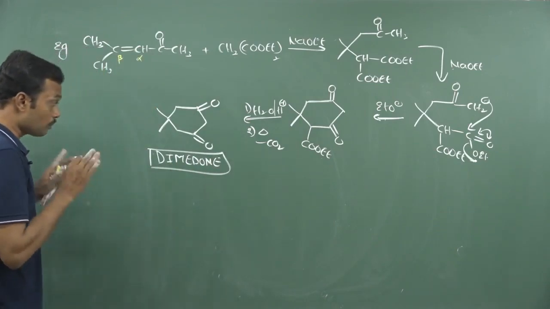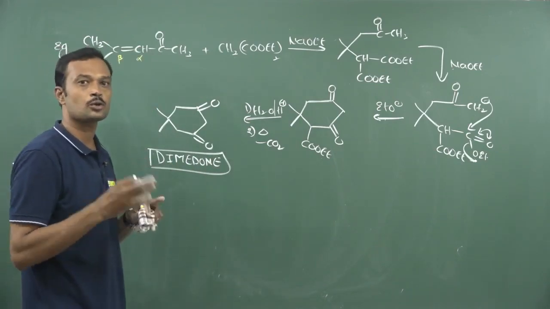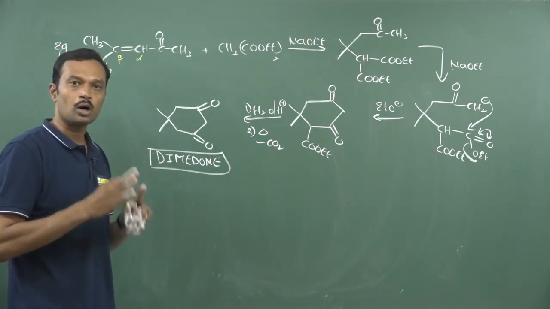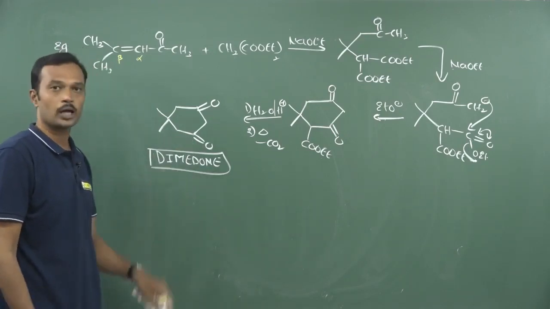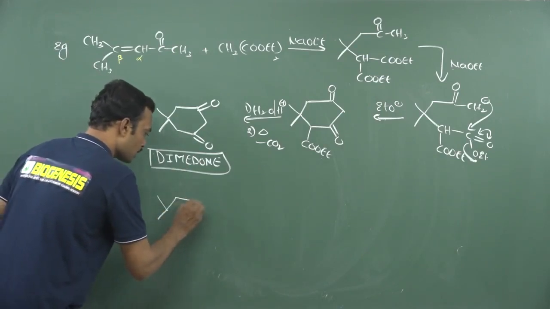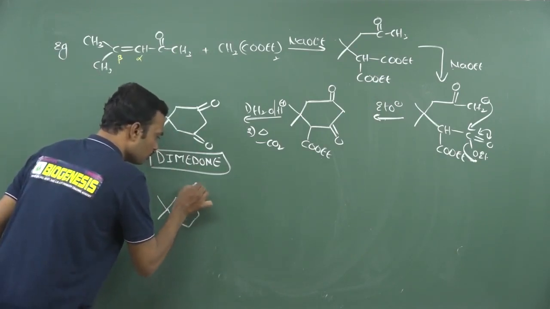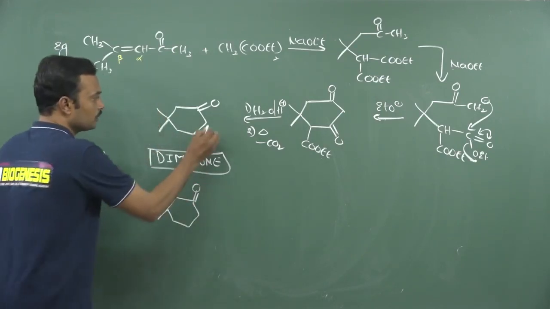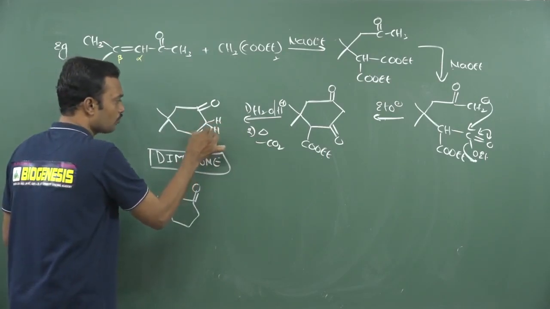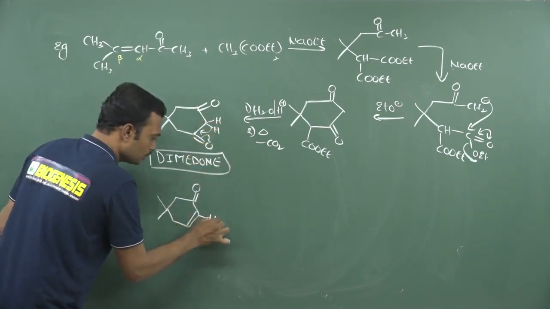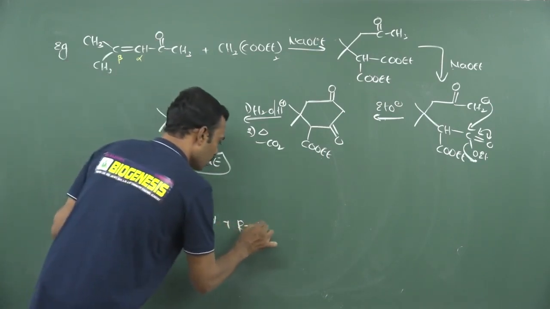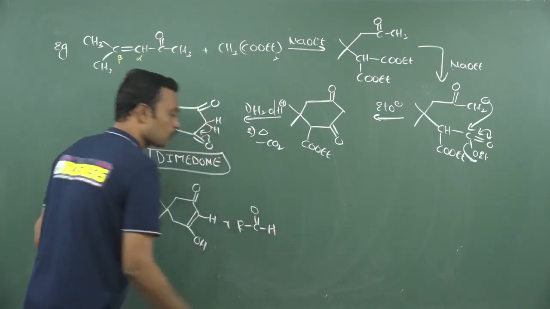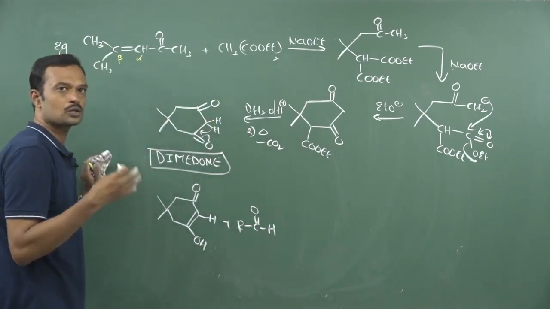So dimedone is a molecule which is an excellent reagent to trap only aldehyde. If a molecule carries aldehyde and ketone, you can separate aldehydes with the help of dimedone. Okay, so you can write this dimedone in the form of a suitable keto-enol tautomer. These 2 hydrogens are present. If they are involved in resonance, you may get this kind of enol form. It is a dimedone enol form. Now if I take an aldehyde, it can trap only aldehyde, it never traps ketone.